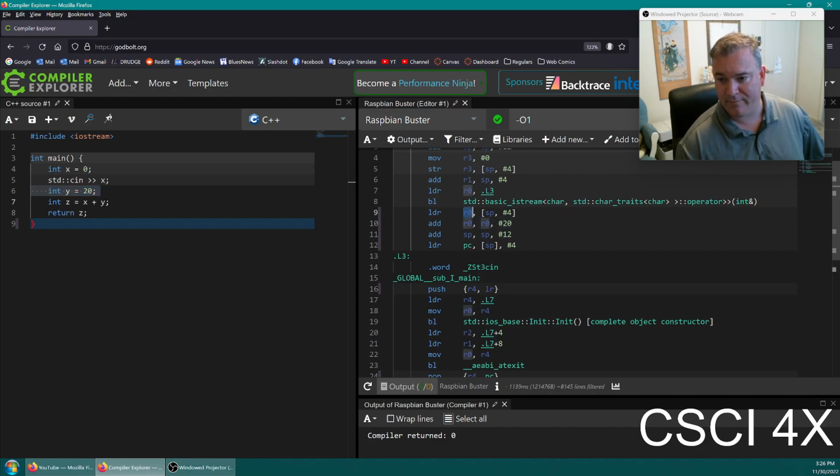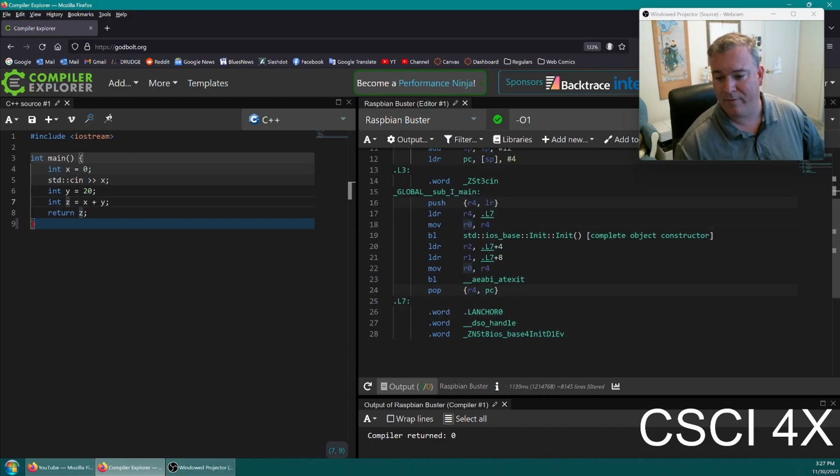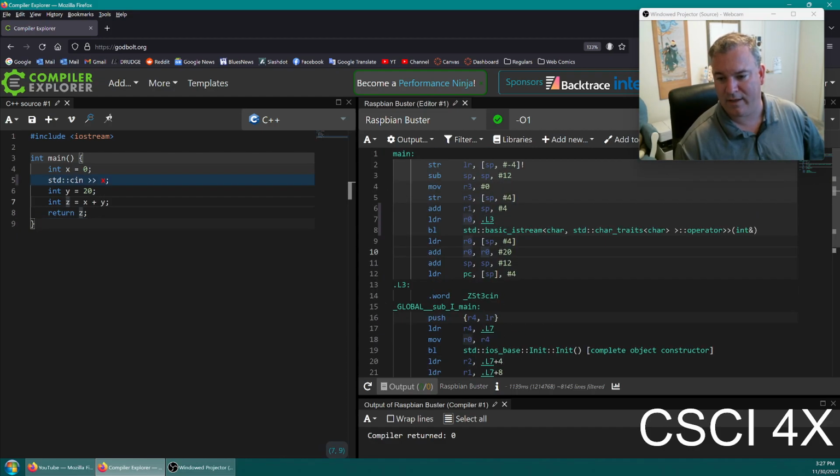So this line of code here, R0 is the return value. That is the value returned by cin, basically, and it saves it into RAM. And then we're adding 20 to the return value and saving that into Z, basically. And that's what the optimizer runs. So you can see this whole thing here is like 24 lines of code. If we have no optimizer turned on,